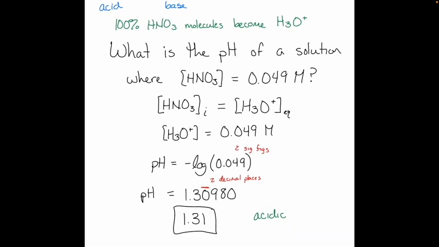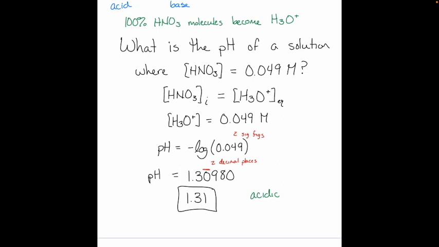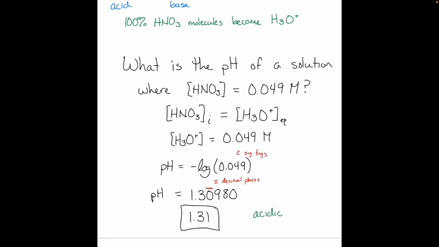Okay. So again, our trick here, and it's going to make our pH for strong acid problems much easier, is because these reactions go 100% to completion here. We can say that the concentration of our strong acid is equal to the concentration of the hydronium ions when it reaches equilibrium, which happens almost instantaneously for these acid-base reactions. They go to equilibrium like that.